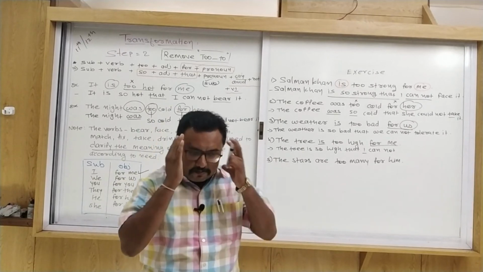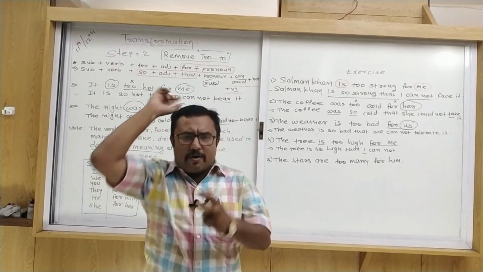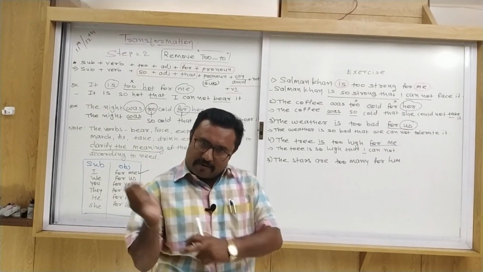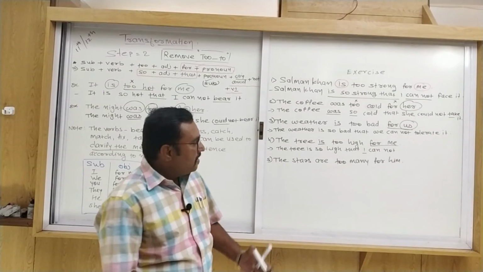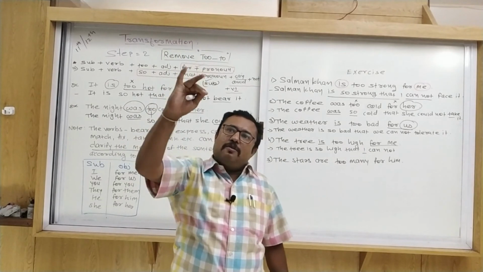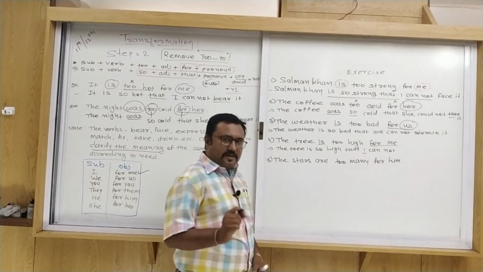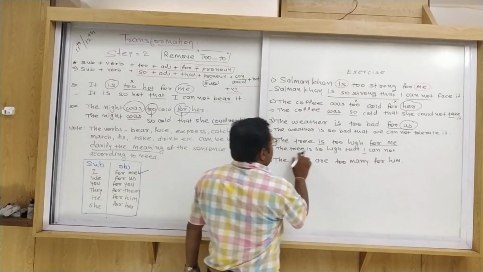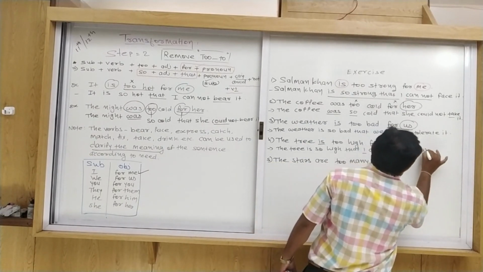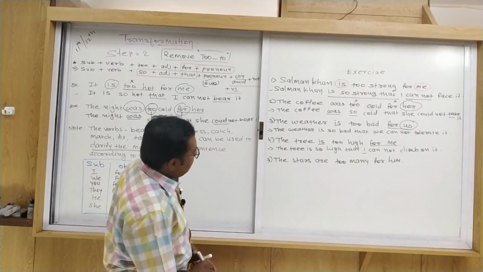The tree. Just imagine, suppose there is a tree and it is very high. So what do you do with the tree? Cut it? Even if you are very strong, can you easily cut it? No. Then it is about the adjective used here, high. So we cannot easily climb on it. So the verb climb is related with the sentence. The tree is so high that I cannot climb on it. Okay. Now the last sentence.